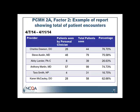This next slide is another version of the report. This is one from an NCQA presentation, and likely one that was more manually created. But again, same concept. It's got how many patients seen, how many patients actually saw their personal clinician of choice, with the percentage. And that's all that would be needed to produce documentation that you are meeting the factors from Standard 2A. The rest of Standard 2A is more about documented processes. I don't have any examples of that for you today, but that's something that we'll work with you on to